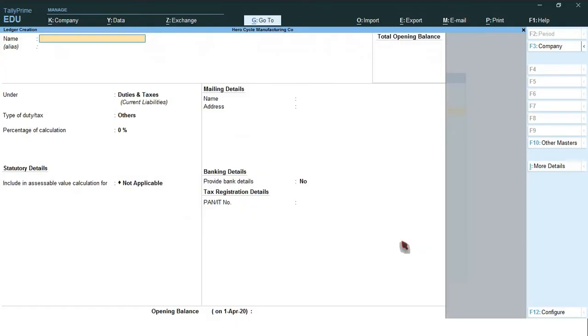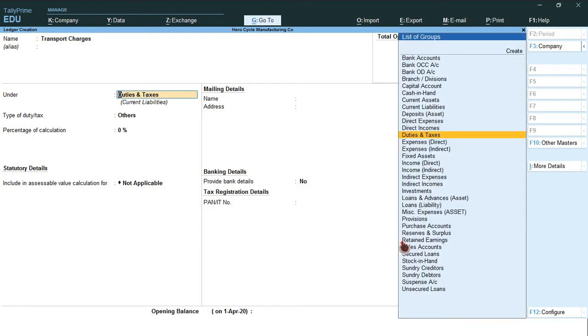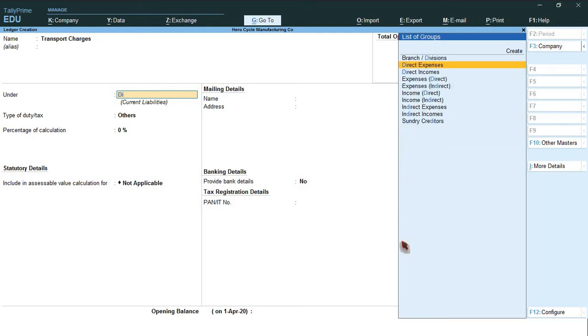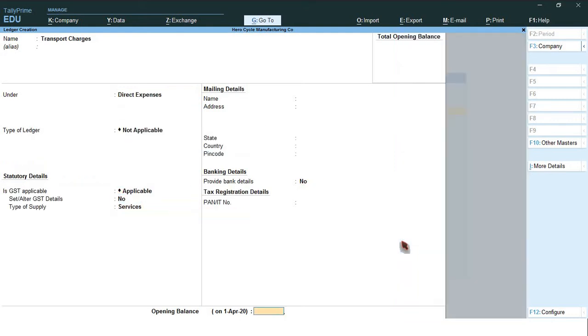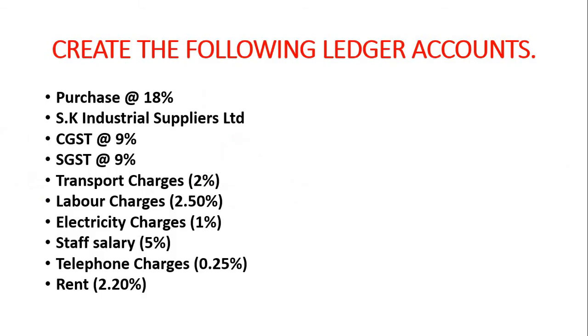Next one, transport charges. In a manufacturing company, all expenses come under direct expenses, so select direct expenses. Here I am giving 2%, 2.5%, 1%, 5%, 0.25% like this.